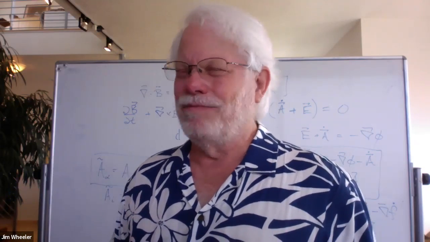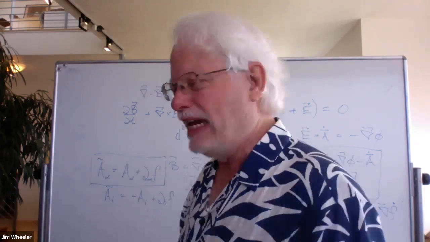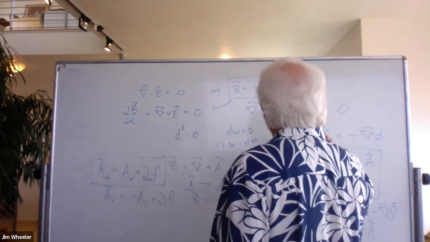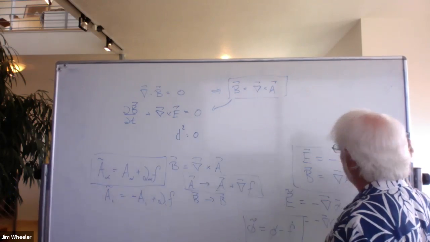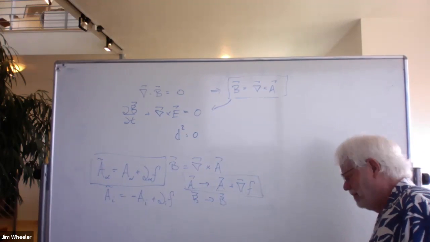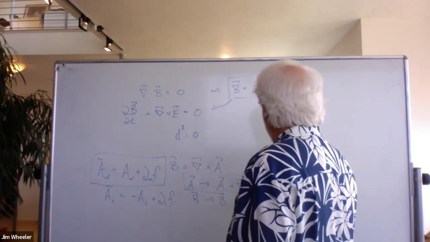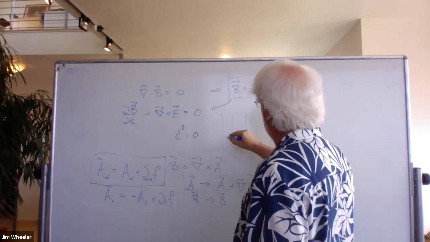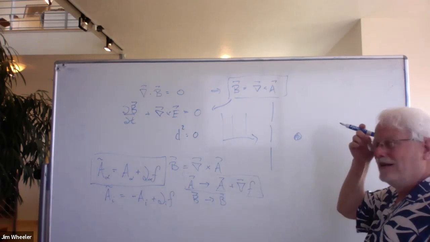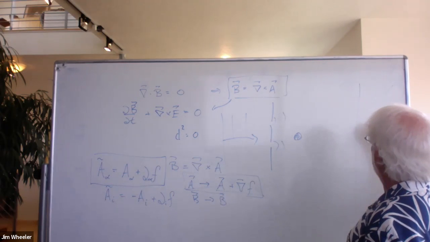And I want to pause and give you an example here that you find in books, and a great deal is made of it. The Bohm-Aharonov effect. People will sometimes try to convince you that A is the photon field and that's real. And it's not true. So one example is you do a double slit experiment and you send light on the double slit, but now you put a solenoid here. And what happens is you get your interference pattern over here,